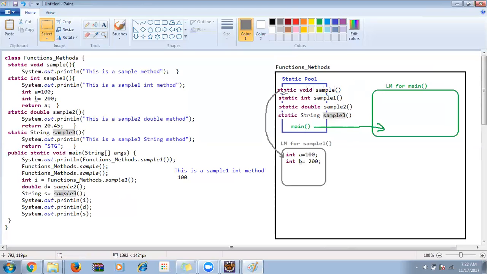Correct. Why? Because it is referred with the class name. Correct. When I refer with the class name, the search will go to the static pool. There, do you have a sample method? Yes, we have. Now what will happen? It creates a memory for it, and one more thing: once we execute the sample one method, the memory also will be deleted. I forgot to delete that, so I'll delete that. So now we are executing